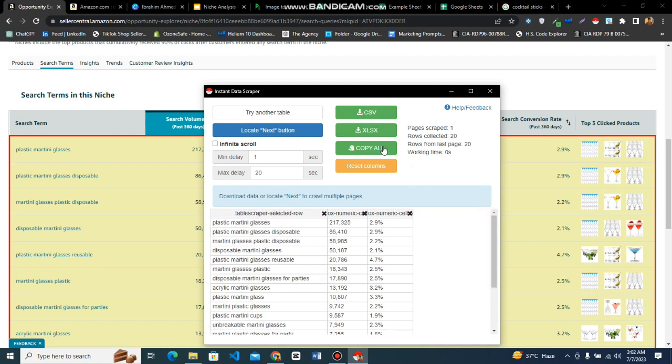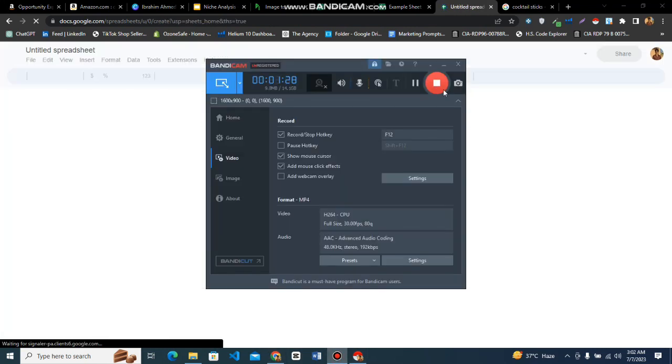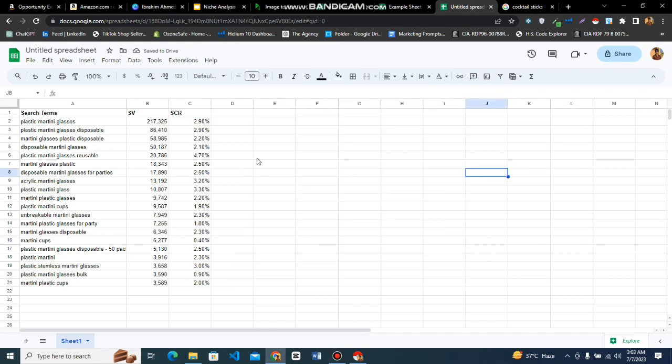Now what you do is copy all and just paste it on a spreadsheet. Okay, so once you have pasted all your data on a spreadsheet, now you're going to do some math stuff and formula stuff. So first of all, these are all the search terms that you got from the Amazon